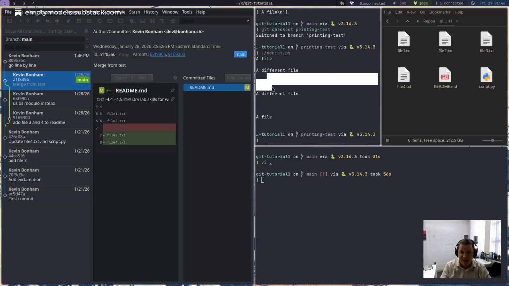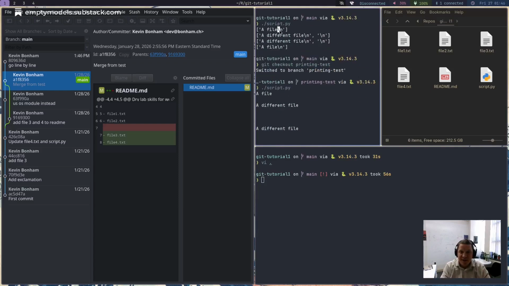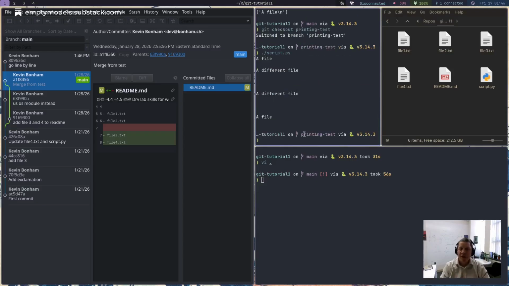The reason we're seeing these big jumps here is because the print command prints with a new line, and each of the lines of the file has a new line in it. You can see here this \n is text for a new line. For the files that have a new line at the end, we're printing this line, adding a new line, printing a spare new line, as well as a new line for each of the lines in the file. Okay, so let's say back in our main branch,